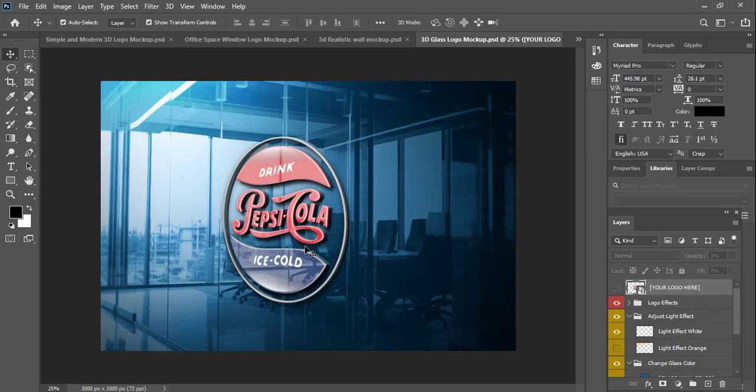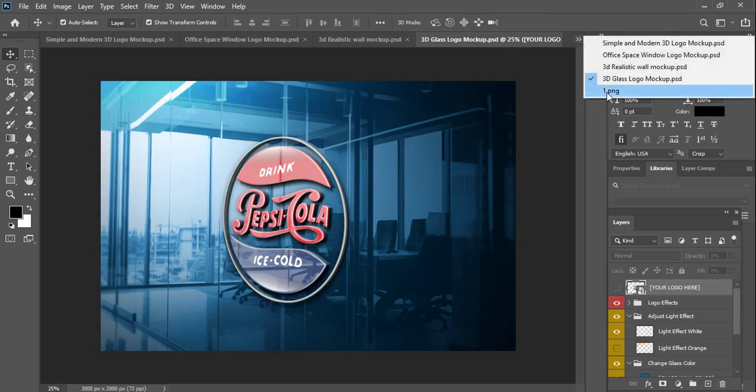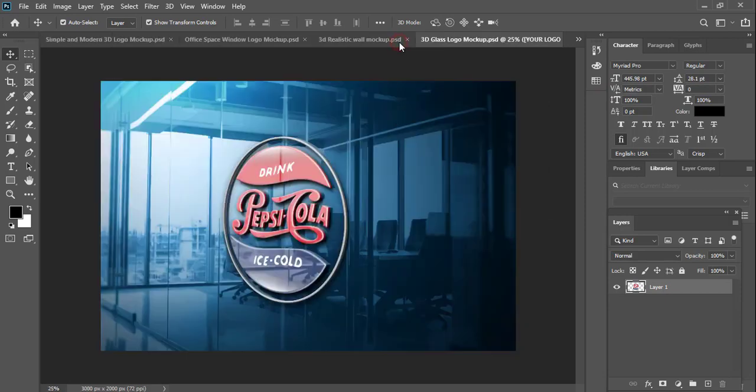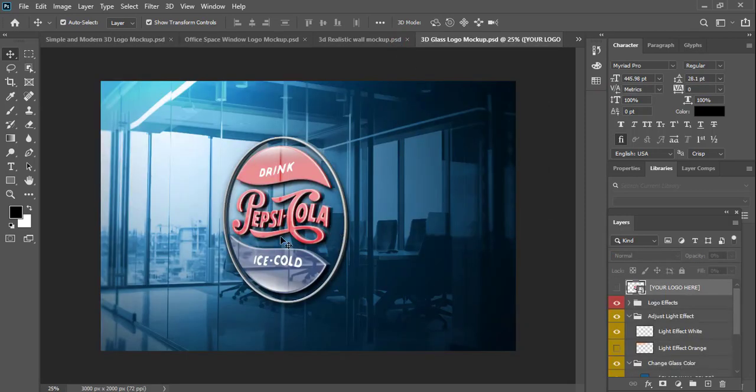This is how my logo looks when I apply the mockup. See, here is my original transparent logo, and after applying the mockup to the design, I got this look in a ready-made way.